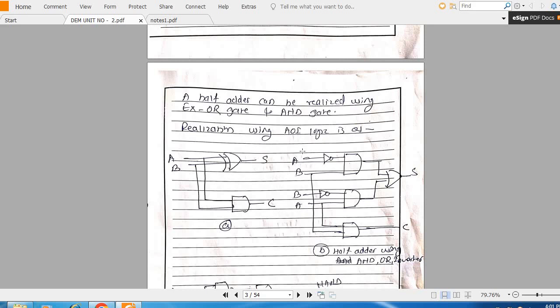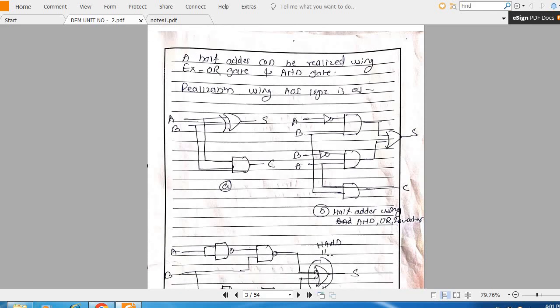The same thing we can draw with the help of AND-OR-INVERT (AOI) logic. So sum is A bar B plus AB bar. I can use this inverter for A bar, and from the first AND gate we'll get A bar B. From the second AND gate we'll get AB bar, and this OR gate performs the function of addition, giving sum, while for carry it is A into B. So this is carry. This is the circuit using AOI, while the other is the circuit where XOR gate and AND gate are used.